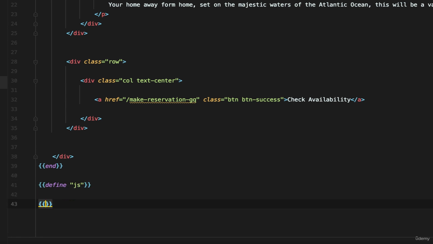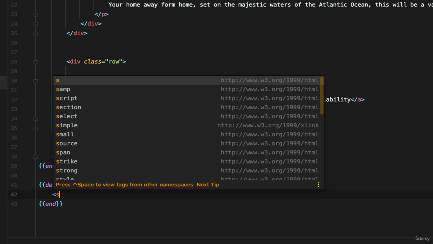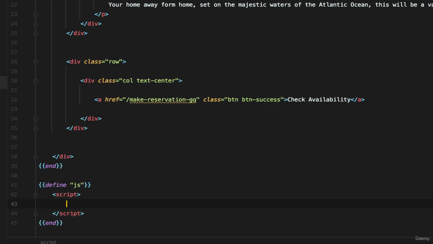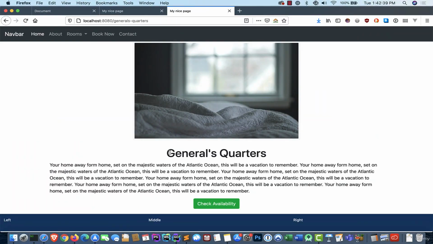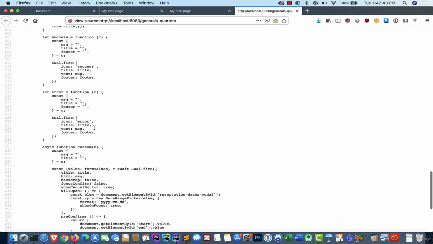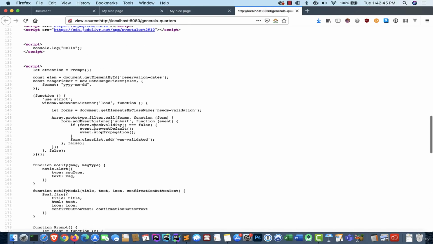So whatever I put in here, end. So if I put just a comment in here like this, script, console.log hello, not a comment, we'll put a console log in there, and then I go back and reload the general quarters page and view the source and scroll to the bottom, I should have